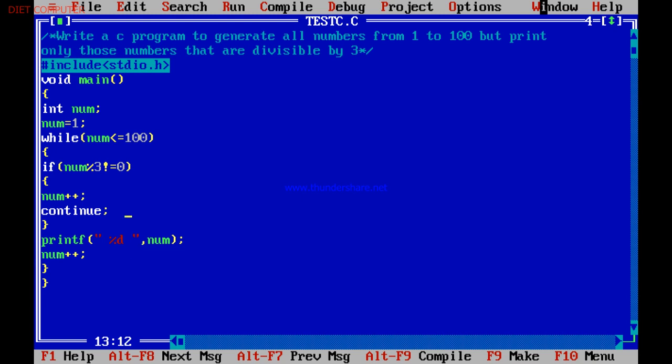by 3. The continue statement, when executed, directs the flow of execution to this part, to the condition of the while loop, and then the if condition is checked, and when the condition becomes true, the flow of execution enters into the if statement body, and then the number is increased, and again the continue statement, when it gets executed, the flow of execution is directed to the condition of while loop construct. This is the use of continue statement,